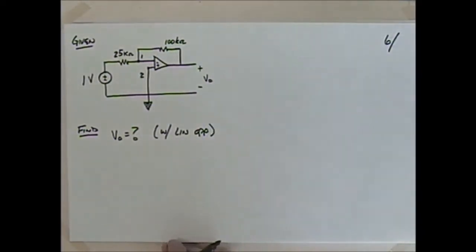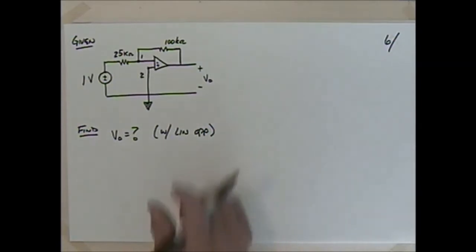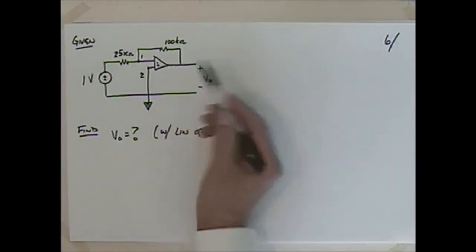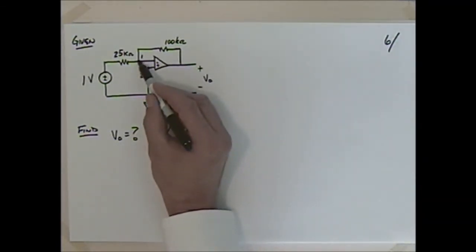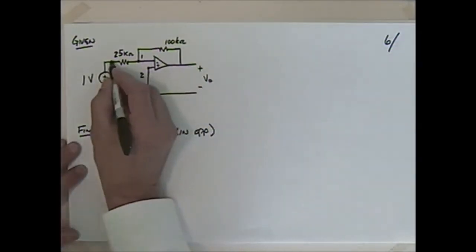We'd like to find V naught. Well, the way you do these, and these problems can get almost boring, is because we always use Kirchhoff's law at this node up here. So if I talk about a current here,